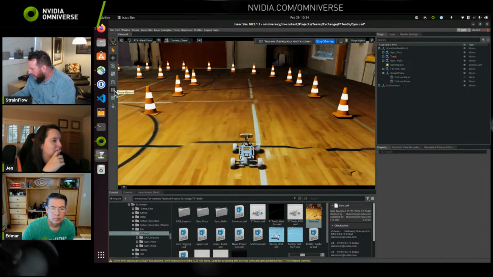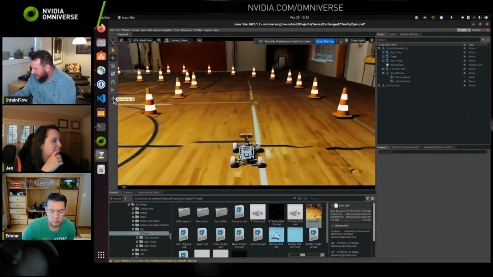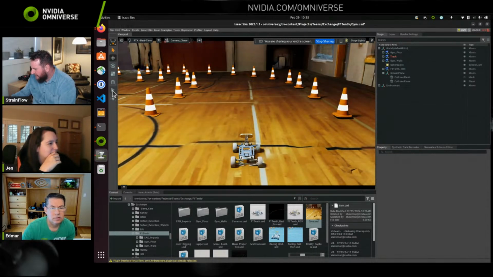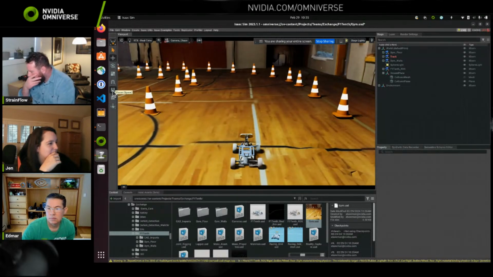No, what you got here is the camera is attached to the car, and the car jiggles, so it makes the camera jiggle. Interestingly, though, if you look at those cones, they're not falling at all, and we're getting shadows off of those cones. We'll see.